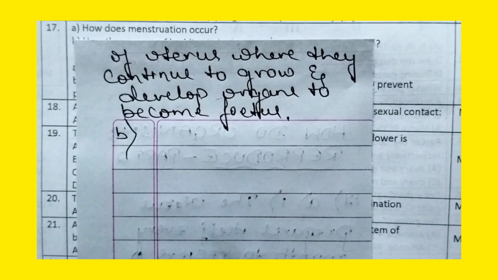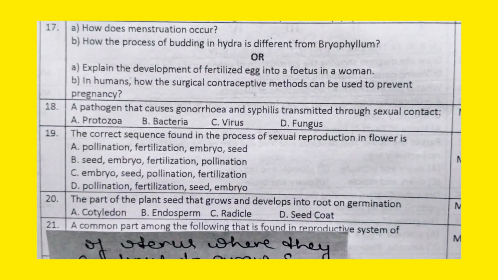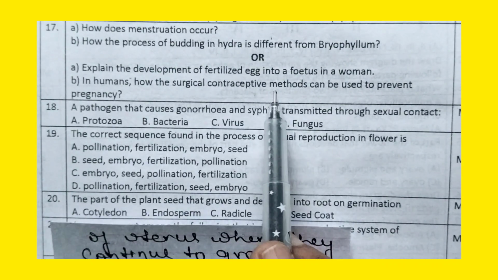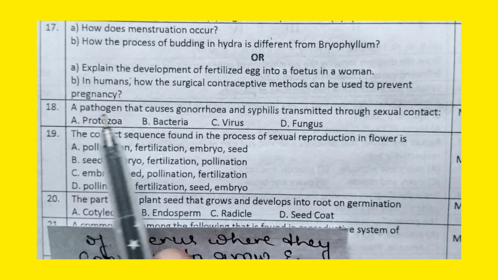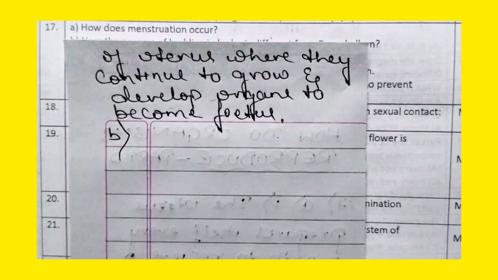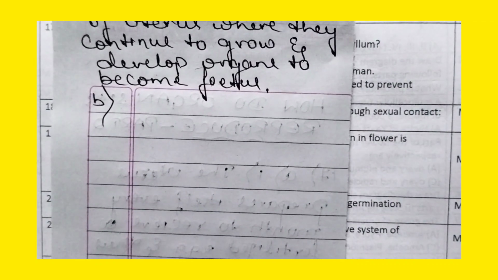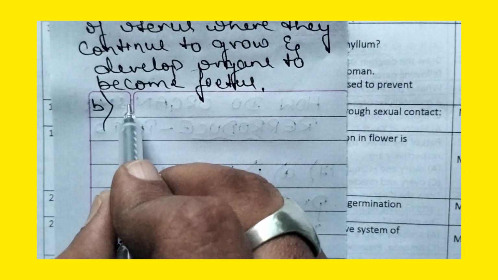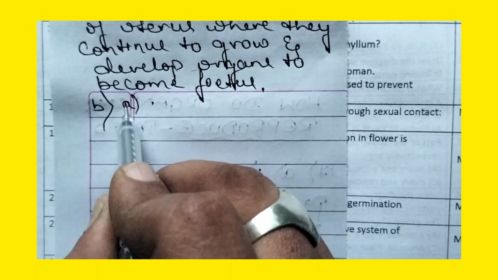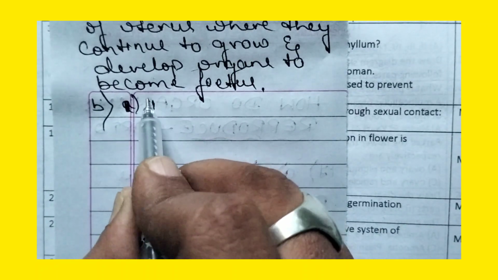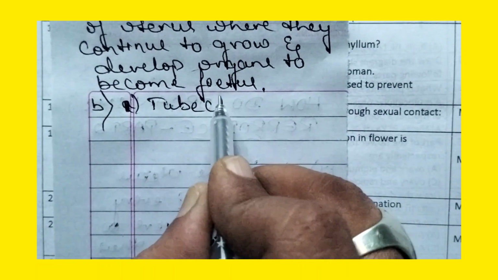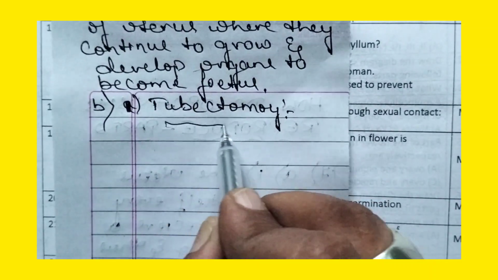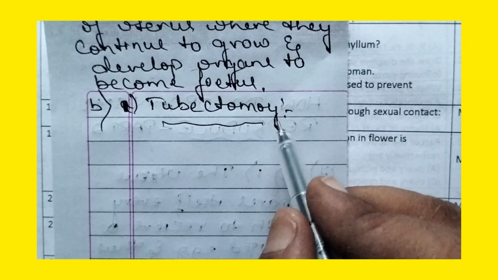In that one only, B question is there, that is in humans how the surgical contraceptive methods can be used to prevent pregnancy. So now let us answer that question. Here two surgical methods come. One is tubectomy. In tubectomy,